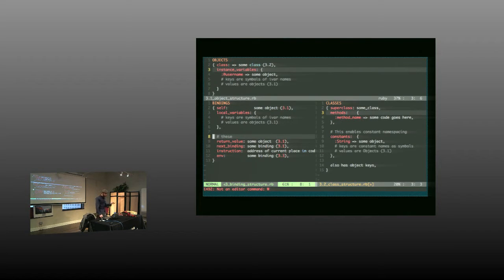The last thing we need is the binding here. Binding is a word that I kind of picked. Really, I'm describing a couple of different things with this one. If you come from another language, you might have called them scopes, or stack frames. The binding's job is to take the code from the method, which is sitting in the class and so doesn't know what object it's working with, and allow that code to know that I'm operating on some particular object.